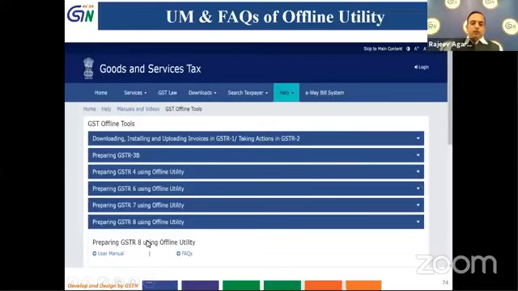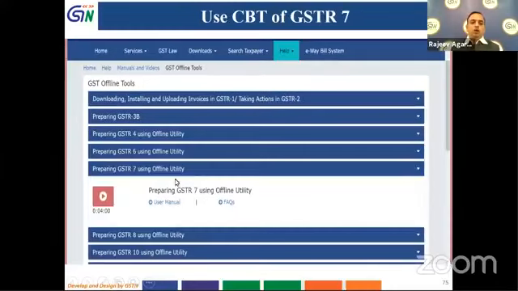Further, if you want to see any videos related to that, you can go to preparing GSTR7 offline utility. This is a 4-minute video, and it gives you a simple overview of how to file GSTR7 using the offline utility. But it is very similar to how the filing of GSTR8 is. So you can just view this video.